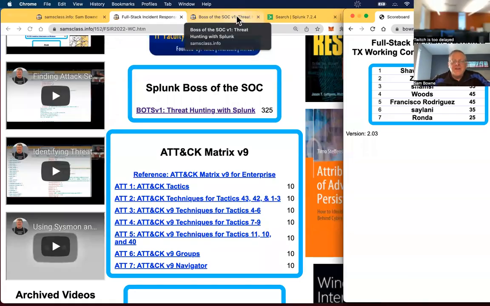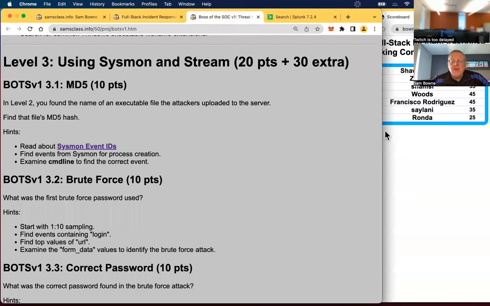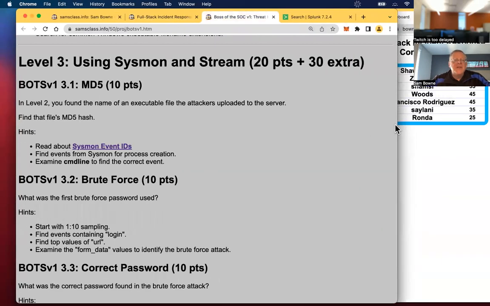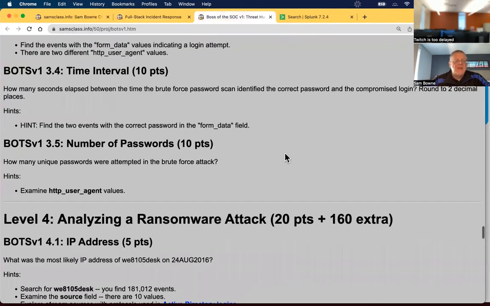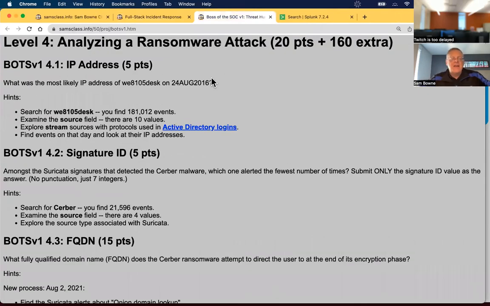All right, let's try the last bit of Splunk, which is a bit bigger. I'll make this wider. There we go. This part here, a ransomware attack. So we want to find the IP address of this desktop machine, which is going to be the source of the infection. So we're going to search for the name of it